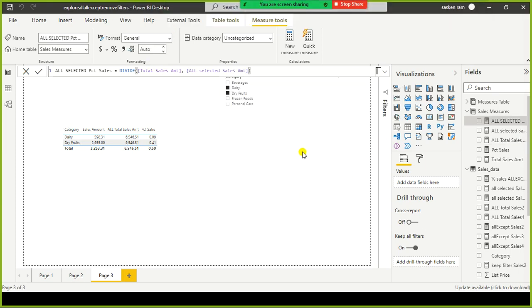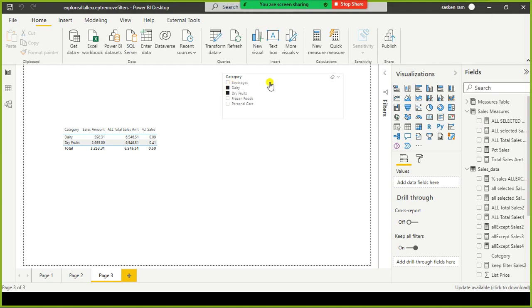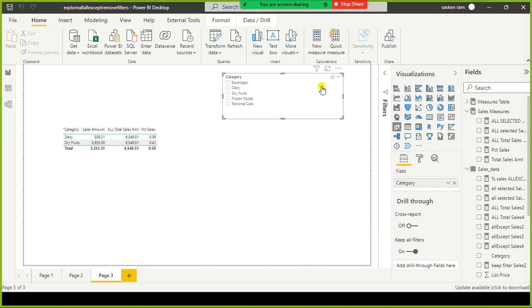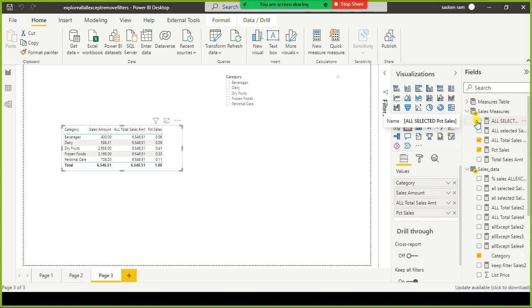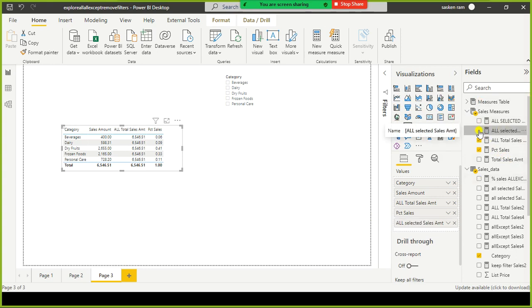Now this one got created. I clear this slicer and drag and drop this ALLSELECTED measure into the table visual.